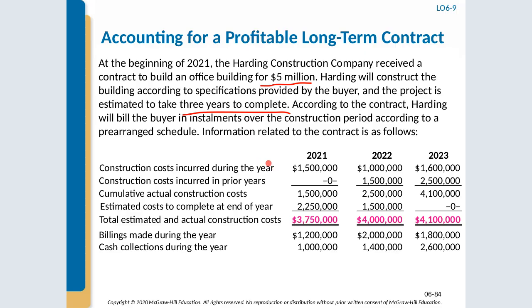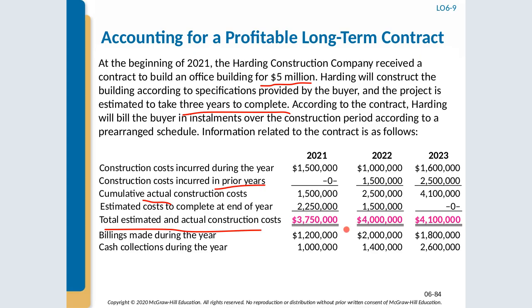So you have to really check the wording on these. Here we have the cost that was incurred during the year. These costs on the first row indicate the cost for that particular year. The second row is talking about prior years. Now the setup is not going to be the same for all of your problems. That's why you have to read it carefully. So we have our total actual costs, okay? And then we estimate that, for example, for 2021, we're going to have an additional $2,250,000. So our total estimated and actual is